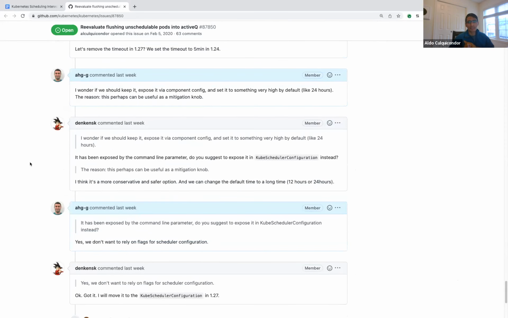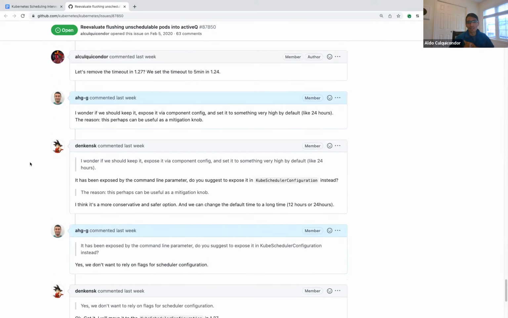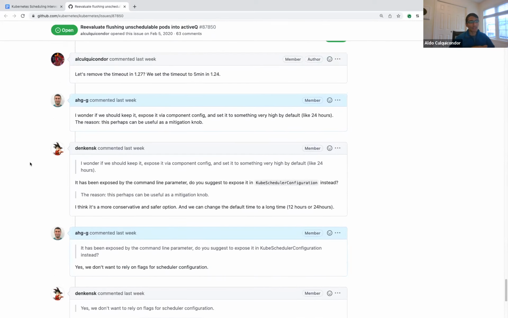But there is still an unconditional retry of pods, which we call flushing. So after a certain period, the pods are put back into the active queue, regardless of why they were unschedulable.